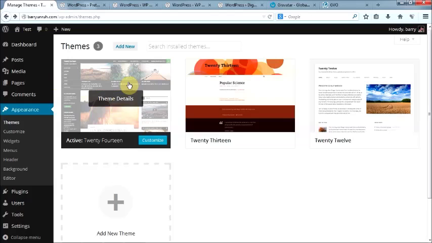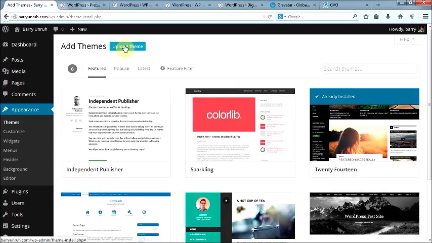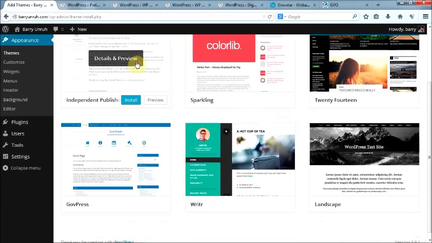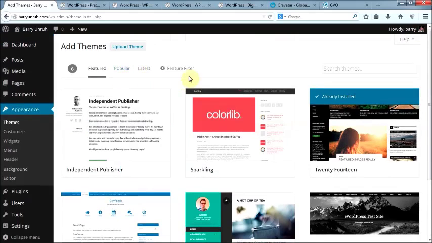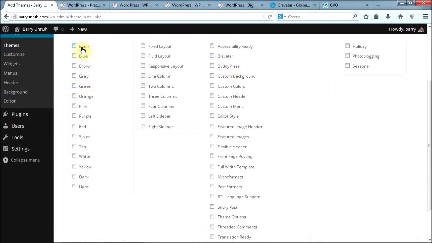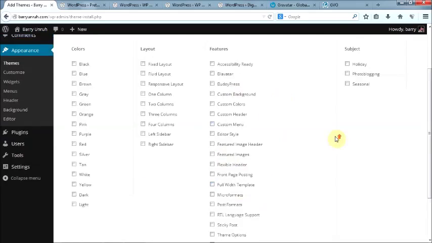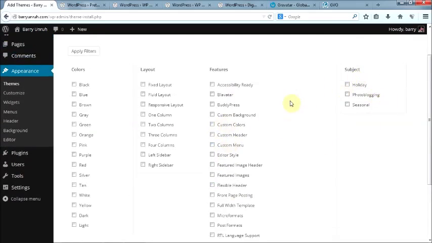So what we need to do to install a new theme, we just come up and Add New. And here's where you can see the other free themes that are available. And if you wanted to look through even more of those, you can come under the feature filter here. And you can choose all kinds of different criteria to look. You can choose what colors you want your themes to be, how many columns, how you want them laid out, features that you want built in, even subject areas. Like I said before though, I really recommend trying to avoid most of these free themes because most of them